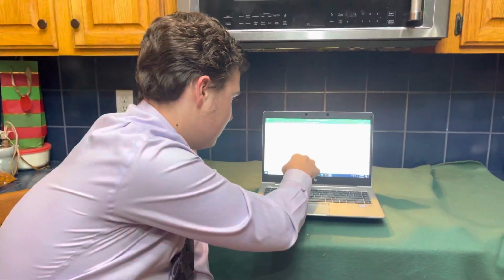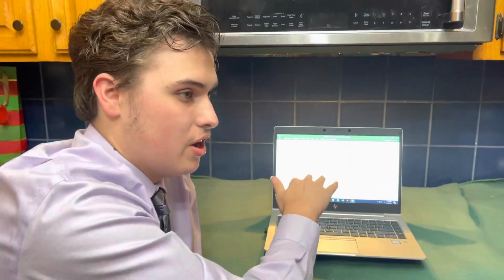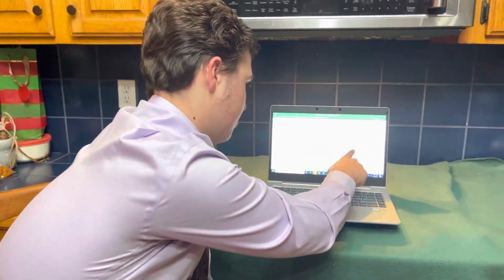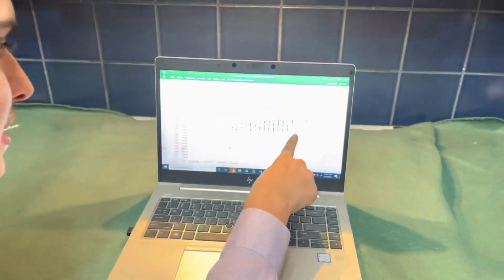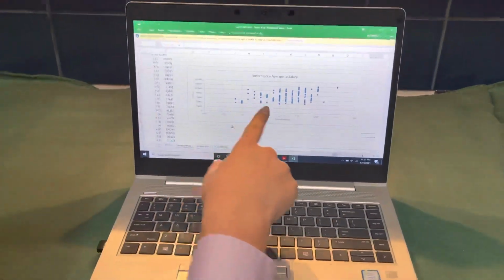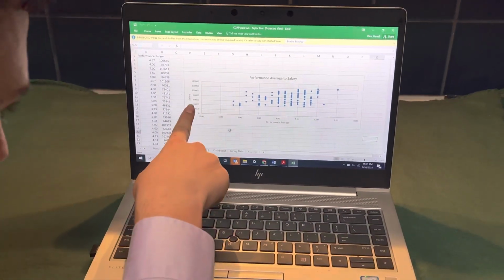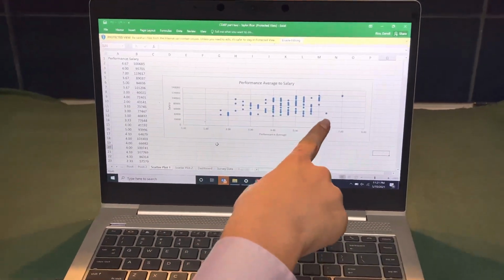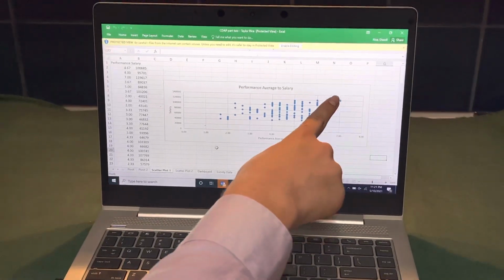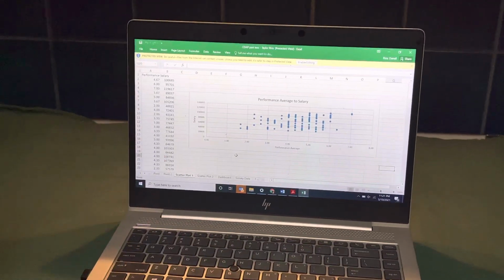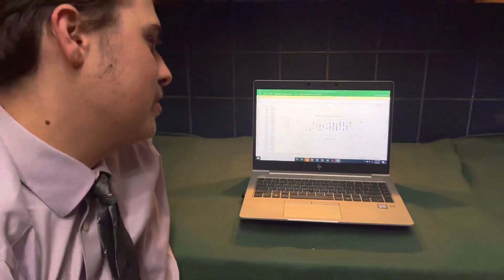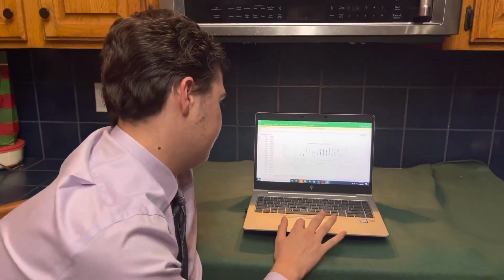So, it's also good just to know the correlation, and we can also see if someone is getting the salary they deserve. So if, for instance, this person has between 6 and 7, but they're only getting below 60,000, now, that should be pretty high up. So that way we can see who really deserves what salaries for their hard work.